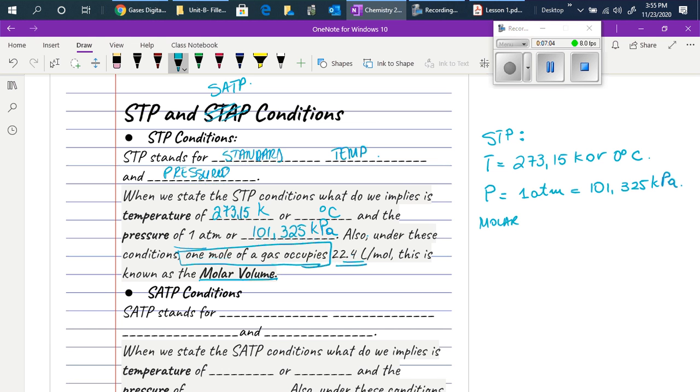Molar volume is 22.4 liters per mole. Okay, and then SATP conditions stands for standard